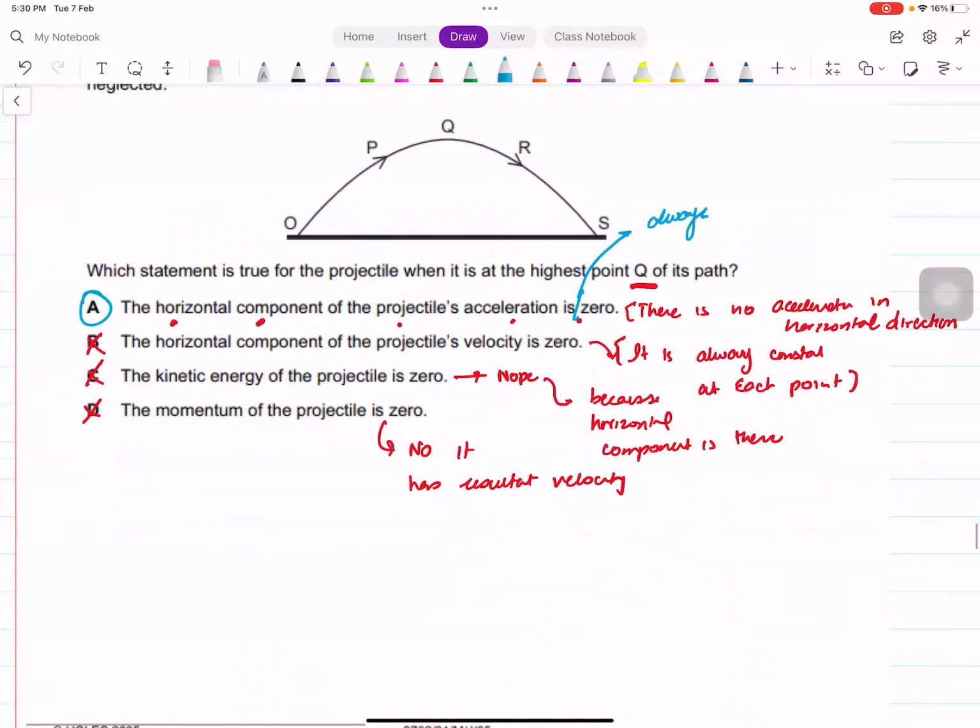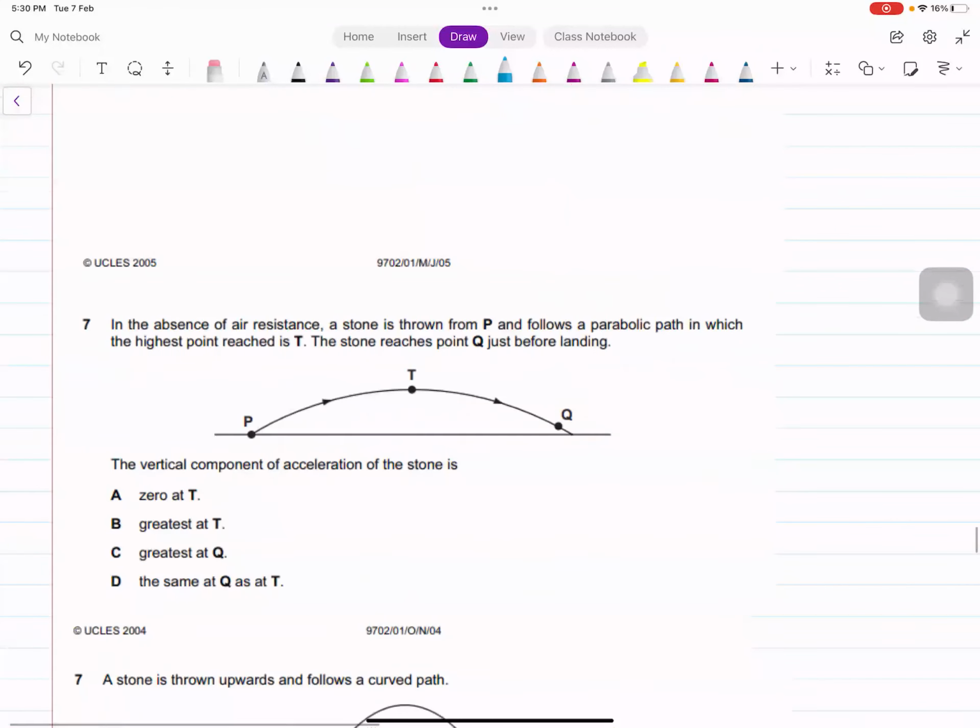Now, going to the next question. It says, in absence of air,